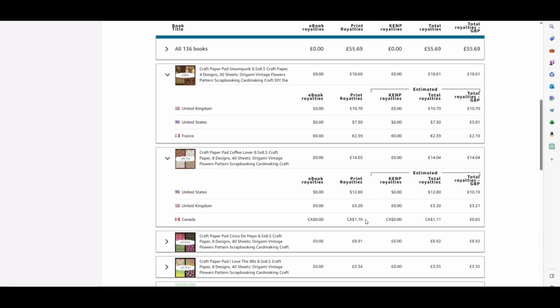Down here, that's a little bit sad. I obviously haven't changed the Canadian dollar price, or I sold it before I changed all the prices, perhaps. So that got me 65p in sales. I sold 8 in the United States, so I'm getting, again, maybe did I change this price late? I don't know, but I'm getting over £1 a book where I wasn't previously. I was getting 80p. And in the UK, I sold 2 copies,